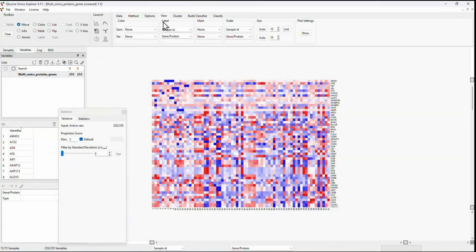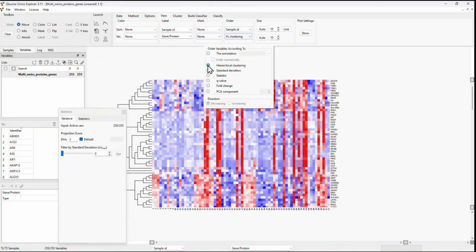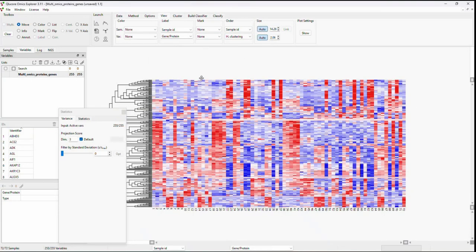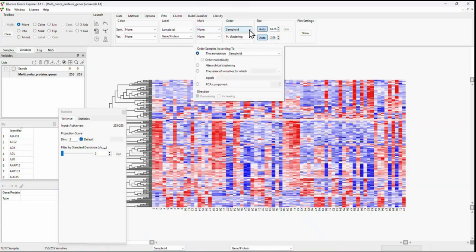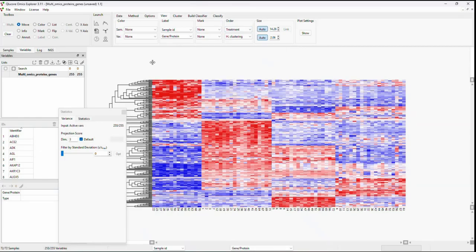And we can organize it also in the way that we order, for instance, the data with hierarchical clustering like this. And we can have auto calculation. And we could also, depending on what type of other information we have, order by some annotation like treatment that we have in this case. So you can see the data here. You can also add colors and so on. Now, if I would like to make a